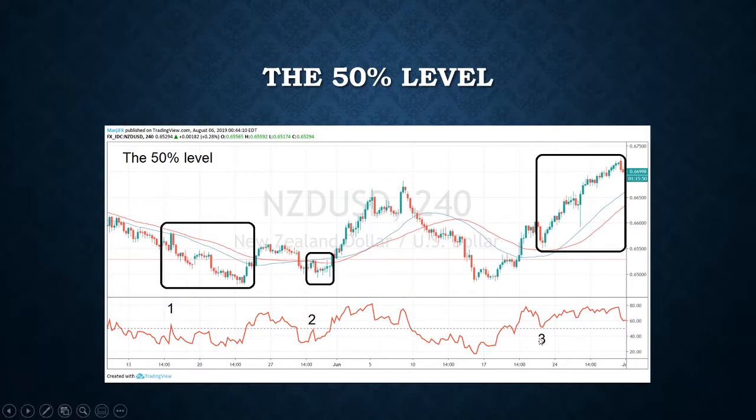This is the third situation, and it is the best one, obviously, on the charts. The RSI drops to 50%, and it's very, very accurate at the 50%. It's like maybe this could be 50.5 on the RSI indicator. And then the RSI changes its direction and the price changes direction in a very strong